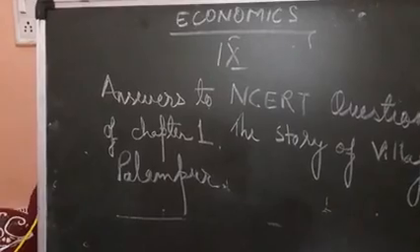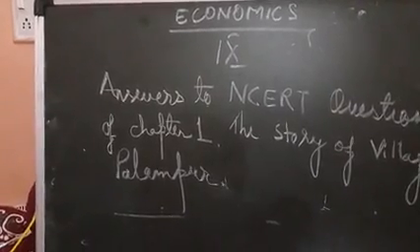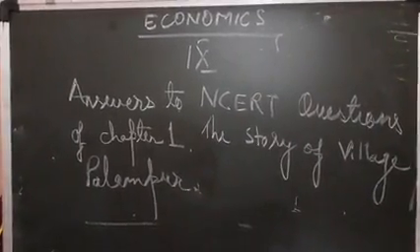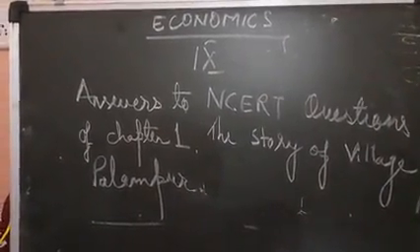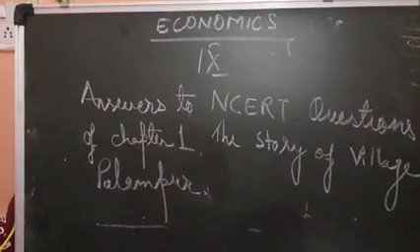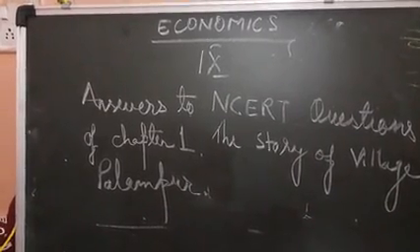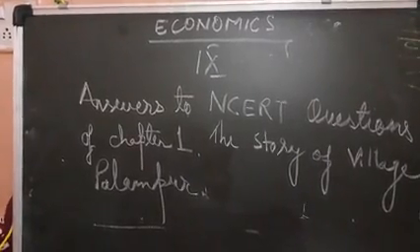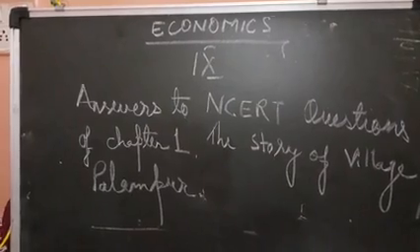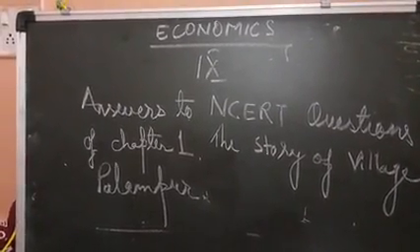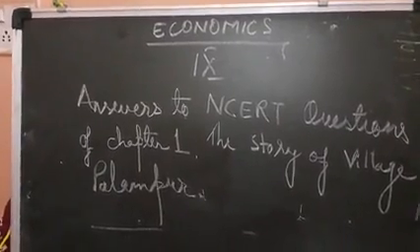Next question is, how did the spread of electricity help farmers in Palampur? So the answer will be, the spread of electricity helped farmers to install and use tube wells for irrigation purposes. The tube wells can irrigate large areas of land. It can give a continuous good harvest of crop so that farmers need not depend only on monsoon. It allows farmers to grow different crops in a year and to earn more profit.